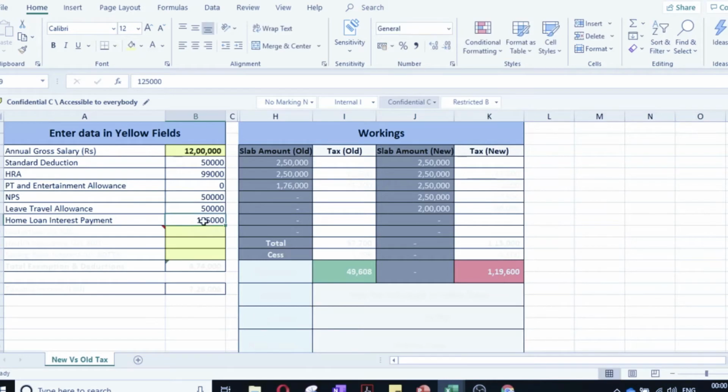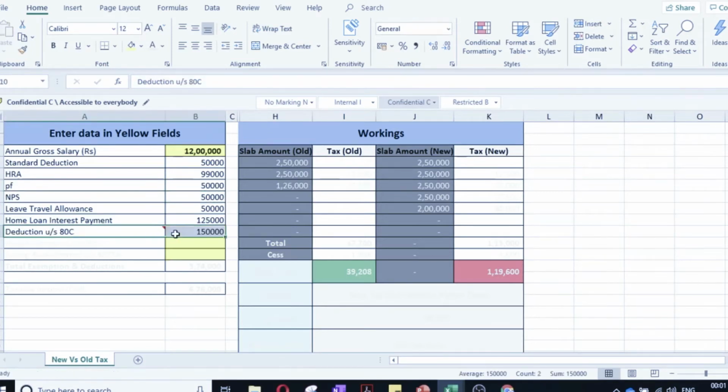If you have a home, you will have home loan payment. So instead of PT I will put here PF. PF also, if you contribute 50,000, how much is your tax? So next, this one will go.